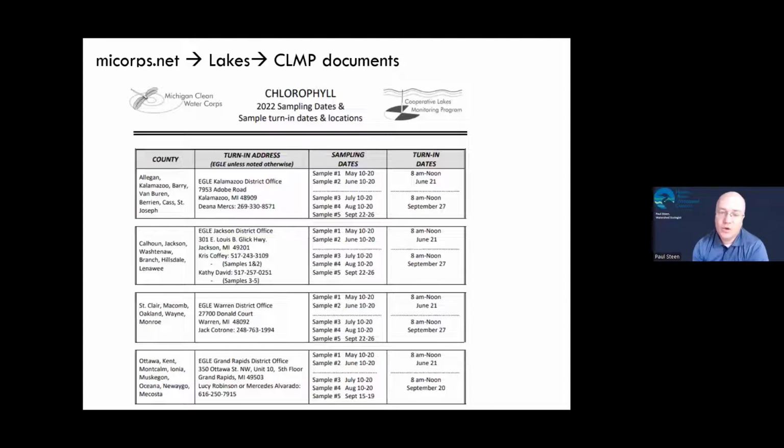And then notice there's 2 turn-in dates. You'll turn samples 1 and 2 in on June 21. Now, remember, this is the same date that you're turning your spring phosphorus sample in. So you'll still only have to make that one trip to the drop-off location. And then samples 3, 4, and 5